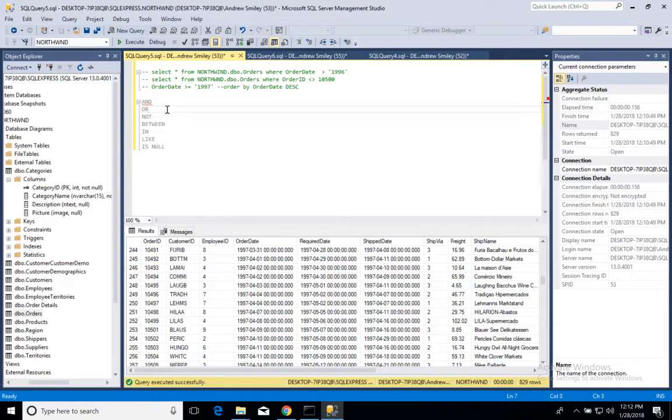So let's start with and, right? So we've all seen and being used. And is just a combination of two operators, right? And is just a combination of two, not operators, but two conditions. So I could say select star from orders,